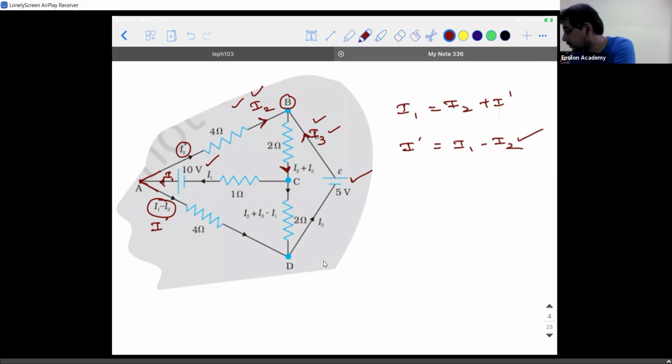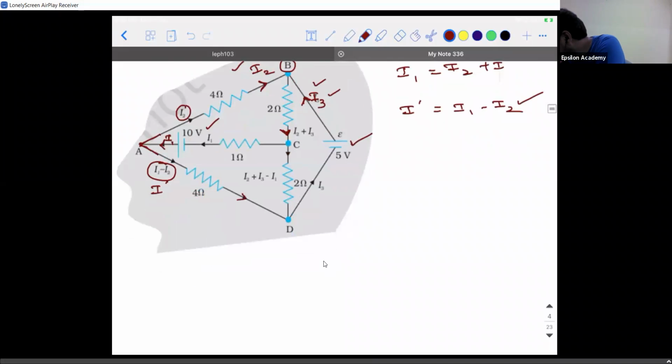Clear. Okay. Now see, I1 minus I2 is reaching the point D. Correct? Now, you listen to this carefully. From I2 plus I3, what is happening is at junction C, I1 is going back to the cell of 10 volt. So here the thumb rule to be kept in your mind is whatever is the current supplied by the battery, the same current will come back to itself. That is, if the battery of 10 volts supplies a current of I1, the same current I1 comes back to it. By default, it will happen.